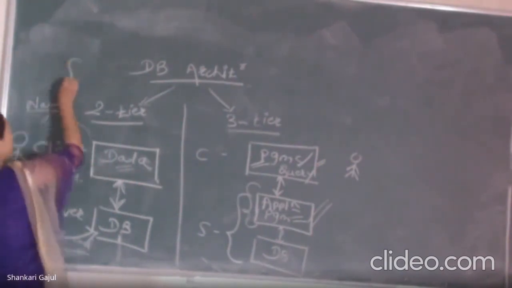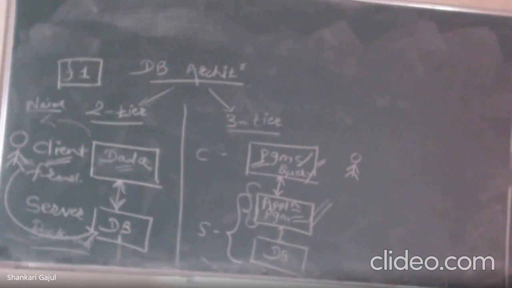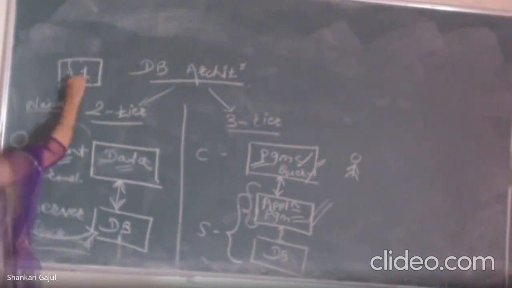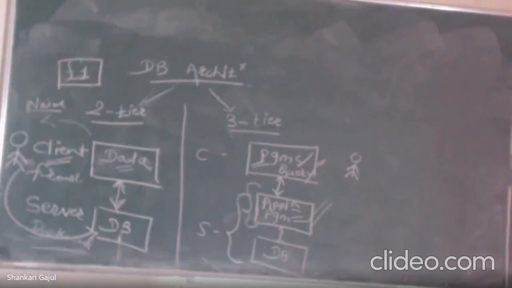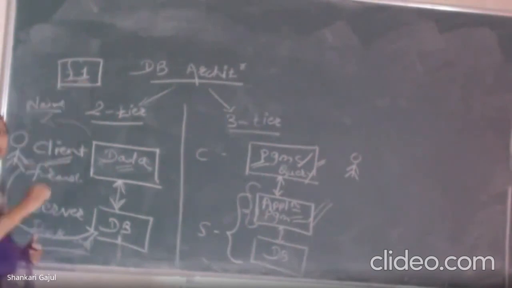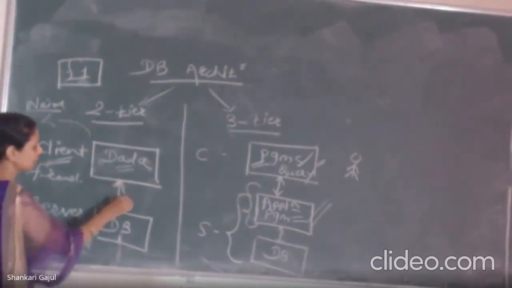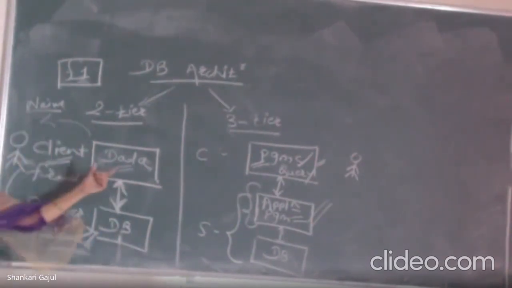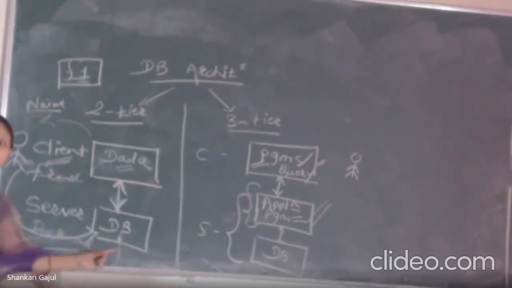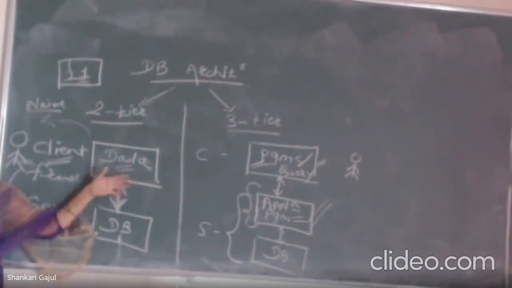Now suppose there is an F1 file. Suppose I want to store this file into the database. How will I store it? Because I want to store this F1 file into the database, I require some kind of application programs or database languages. So for storing such an F1 file or the particular data into the database, I require some kind of application program. The client can directly interact with the database system by using the particular application program. So this is the main difference.